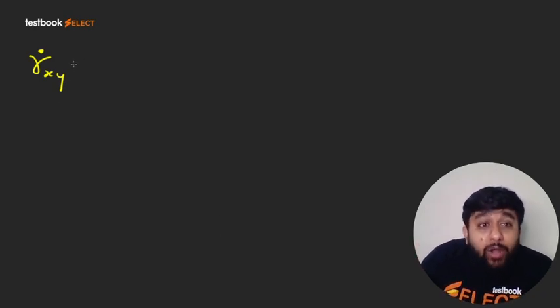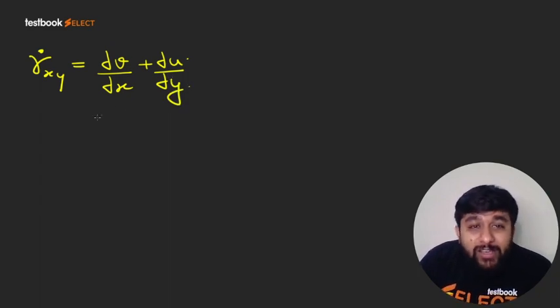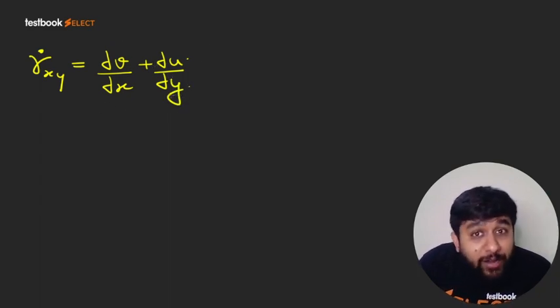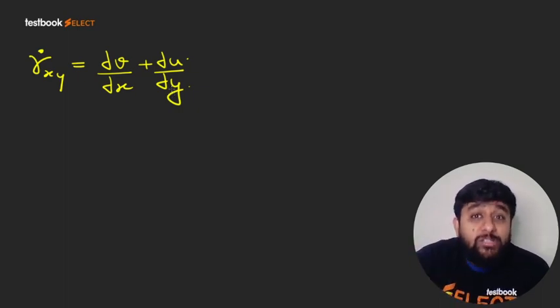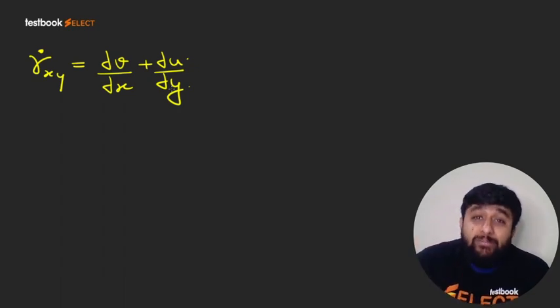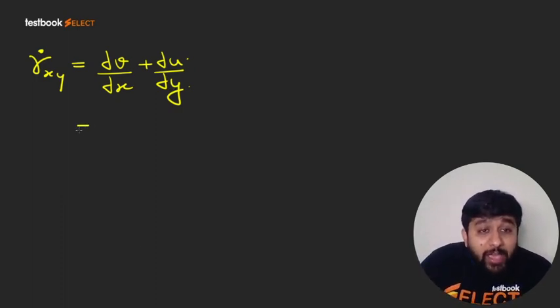Now please note gamma dot xy. Gamma dot xy is written as del v by del x plus del u by del y. Right. Many times students ask me, sir, half and minus. I always tell them this is the correct formula. In many books it is wrong, but if you check the latest edition of Senjal also, they have rectified their mistake. In previous editions, the wrong formula was given, with a half written over here, but now they have rectified their mistake and written the correct formula. Now gamma dot xy is equal to del v by del x plus del u by del y.